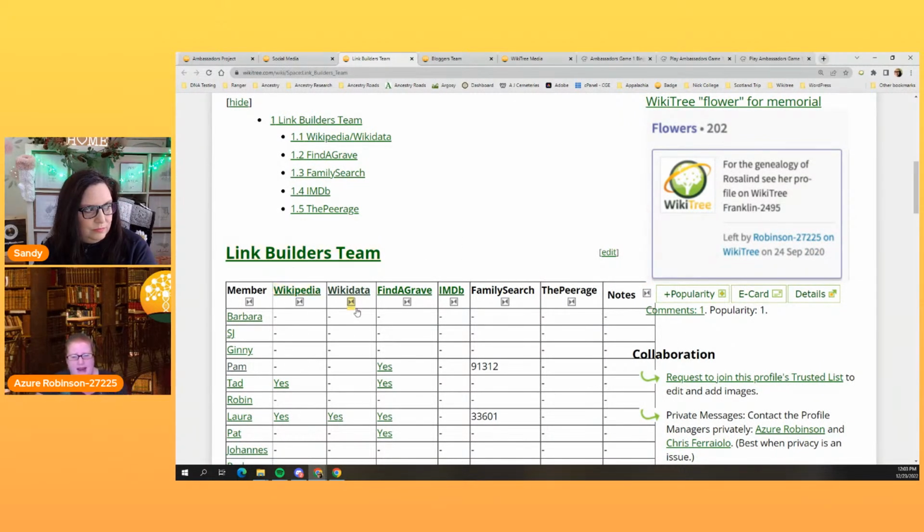You can link back to WikiTree from those places so that when people are doing their genealogy or research, they can see a link that says, here's this person's genealogy, and it takes you to their page on WikiTree.